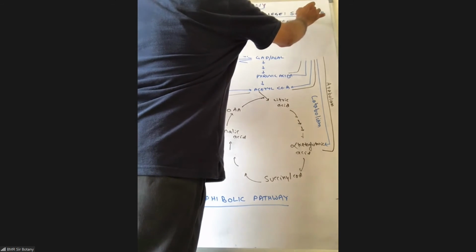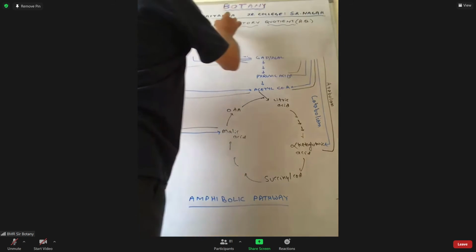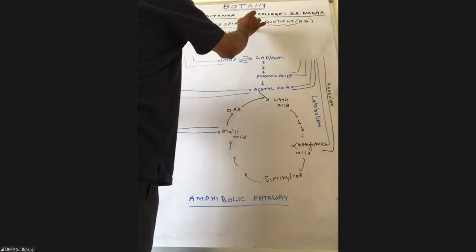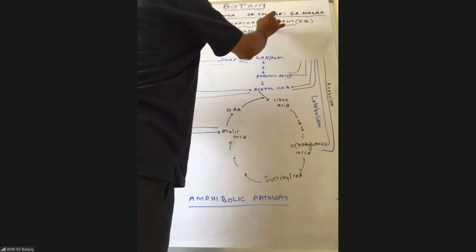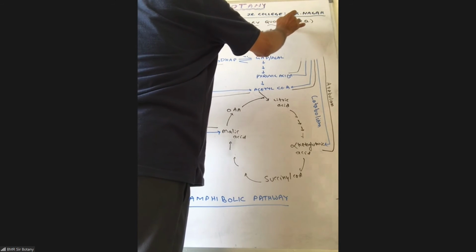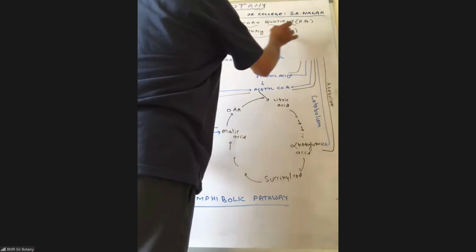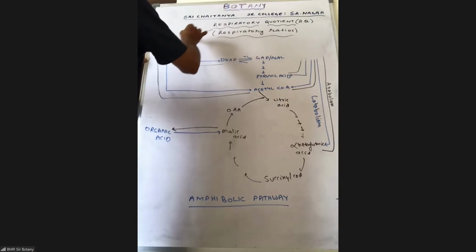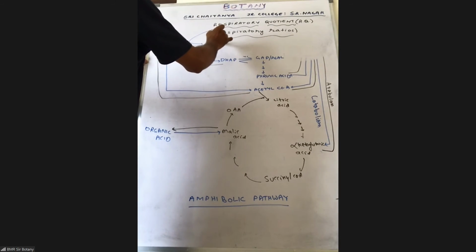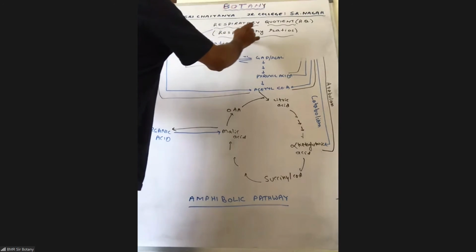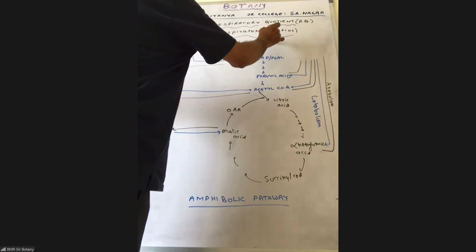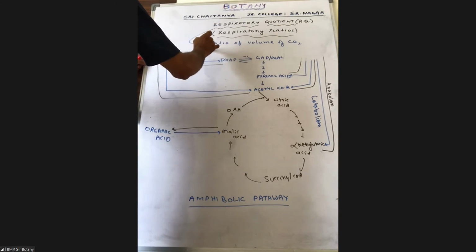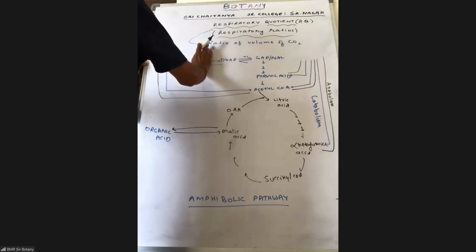RQ, as well called respiratory ratio, is nothing but the ratio of the volume of CO2 released during respiration, CO2 evolved or released,